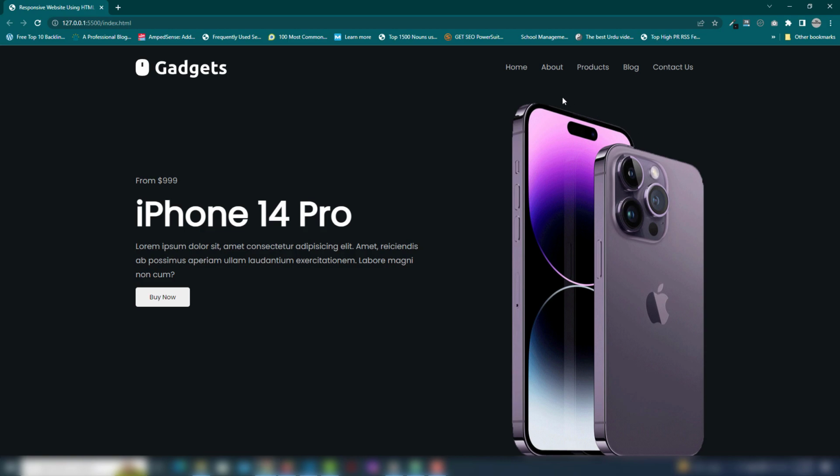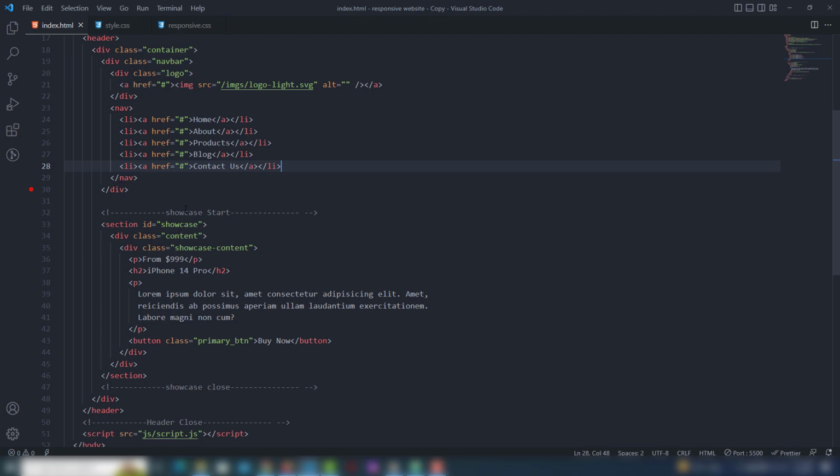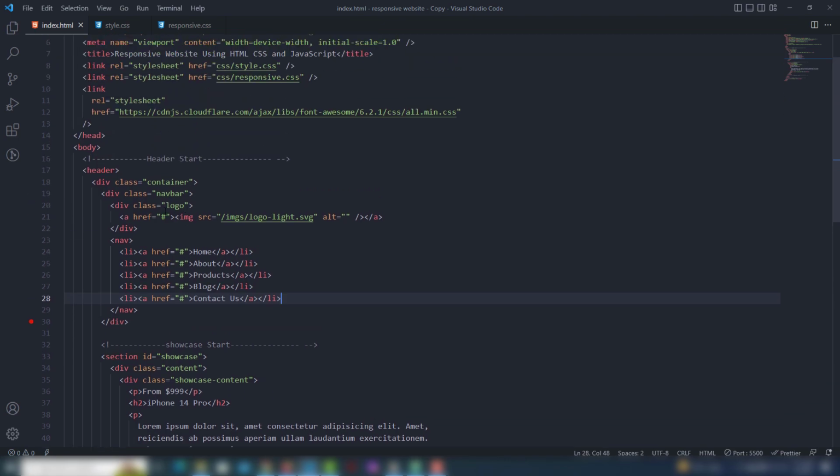Hey guys, welcome back. Let's work on the Navbar to make it responsive. So I go to my code editor. In the code editor I will select my index.html file. In the index.html file I will,